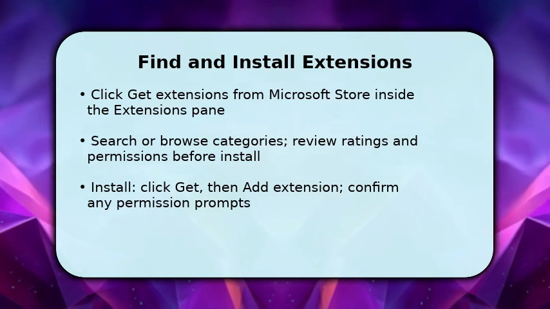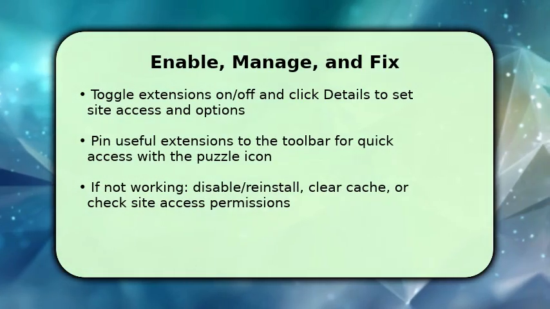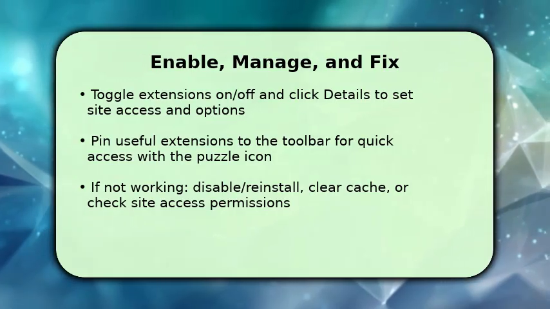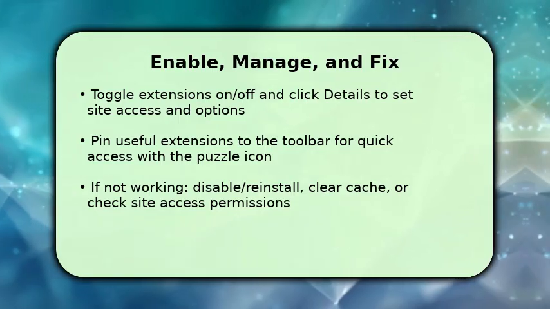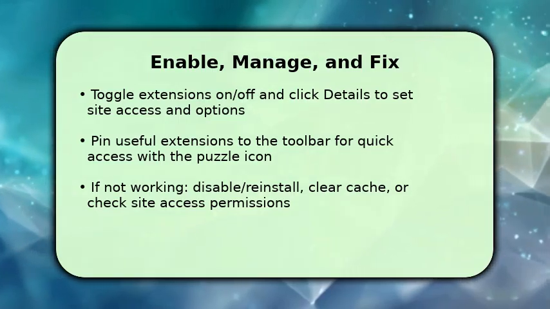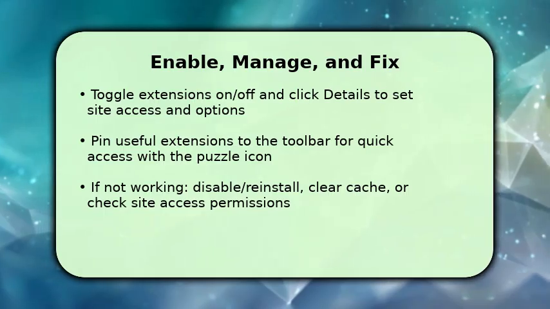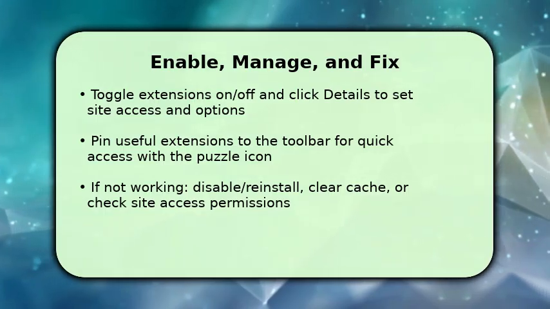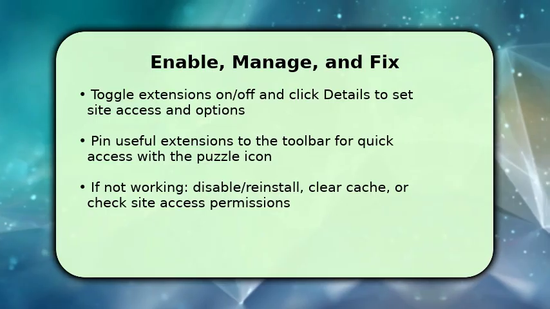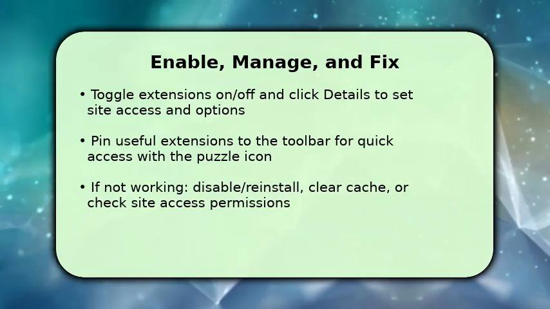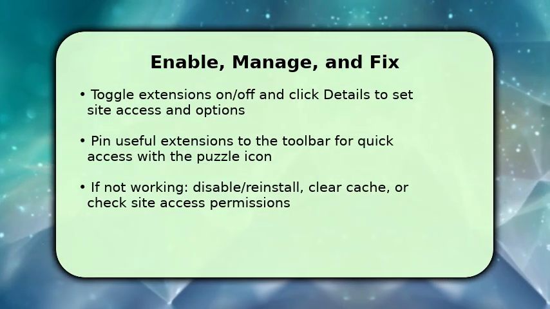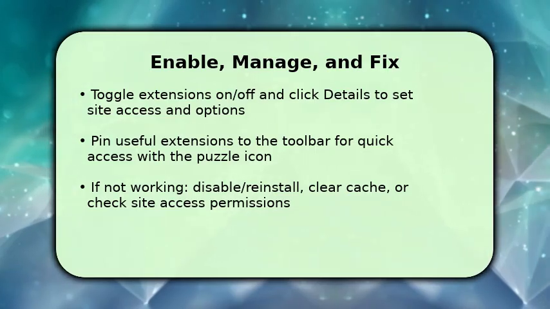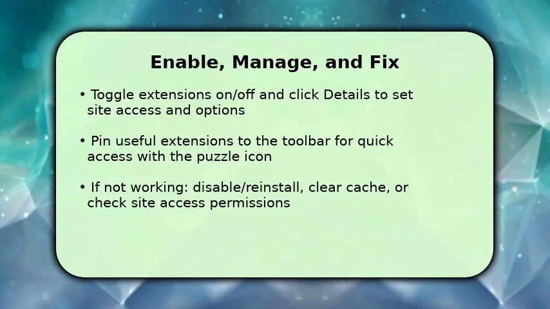Finish by managing and troubleshooting your new extensions. Toggle the switch next to any extension to enable or disable it, and click Details to control site access, background permissions, and whether it runs in private windows. Pin important extensions to the toolbar using the puzzle icon for fast access. If an extension misbehaves, disable and reinstall it, clear Edge's cache, or confirm site access under Details. These steps solve most problems without losing your browser